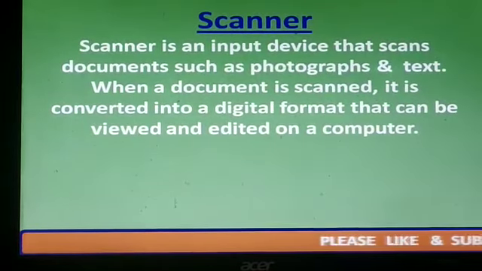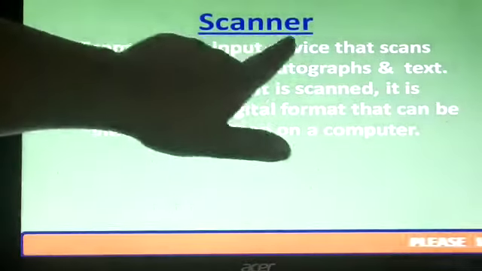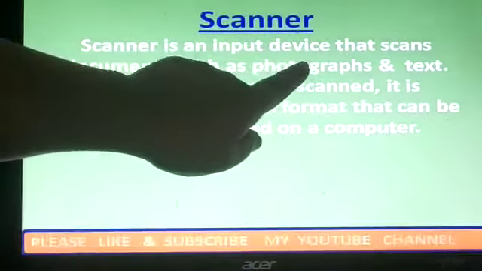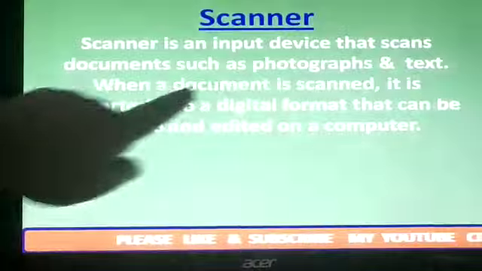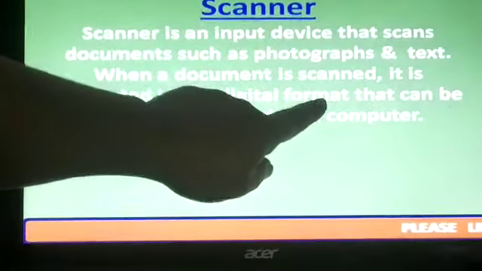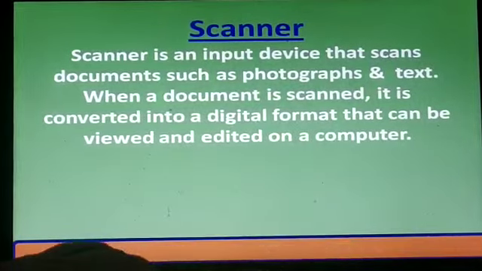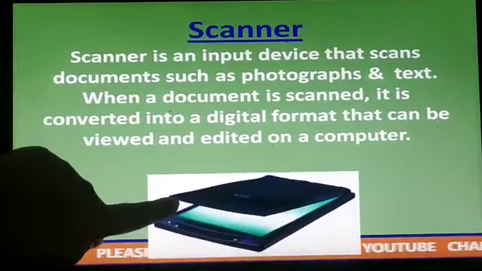Next input device is the scanner. Scanner is an input device that scans documents such as photographs and text. When a document is scanned, it is converted into digital format that can be viewed and edited on a computer. Here you can see this is a scanner.